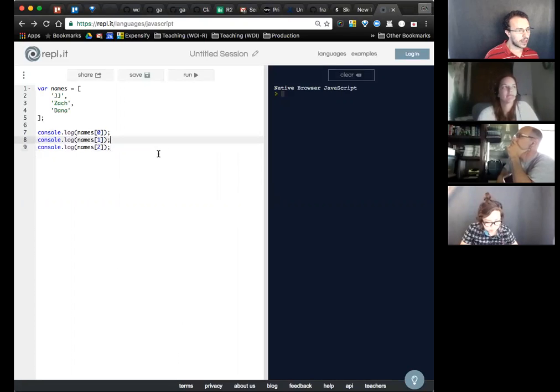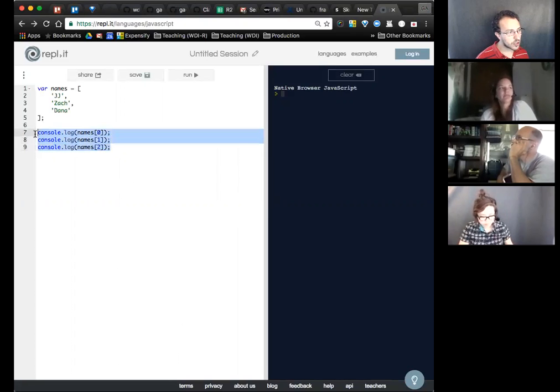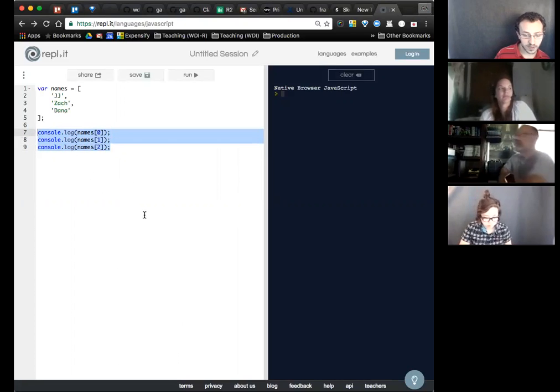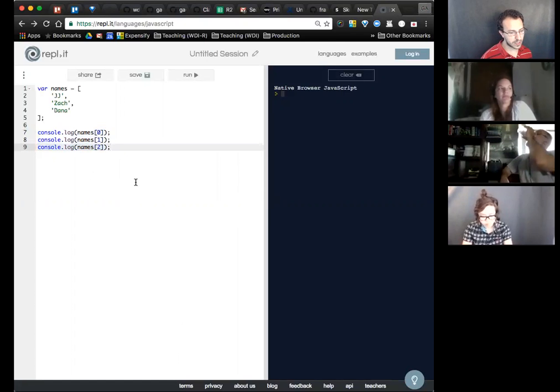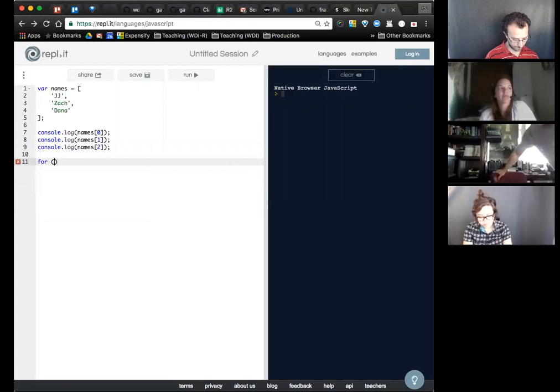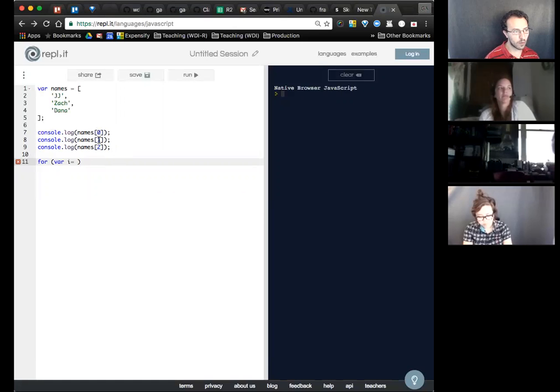Cool. So if we were writing this out longhand, we might write something like this. We'd have an array of names, and we would print each one individually. But this is duplicated code, right? When we have duplicated code, it makes sense to use a loop instead. So since we know that we can create a loop that goes through the values 0, 1, 2,